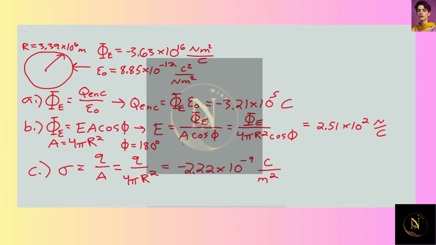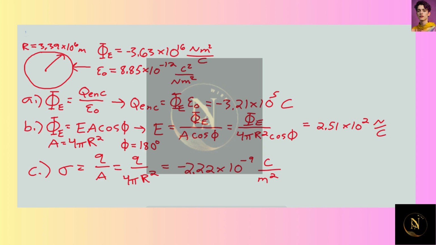Instead of the area, we substitute 4 pi r squared times the cosine of phi in the denominator, and we still have the electric flux in the numerator. We plug in the value we're given for the electric flux, as well as our astronomical data for Mars. We take our value for r, plug in 180 degrees for phi, and we get the electric field to be 2.51 times 10 squared newtons per coulomb